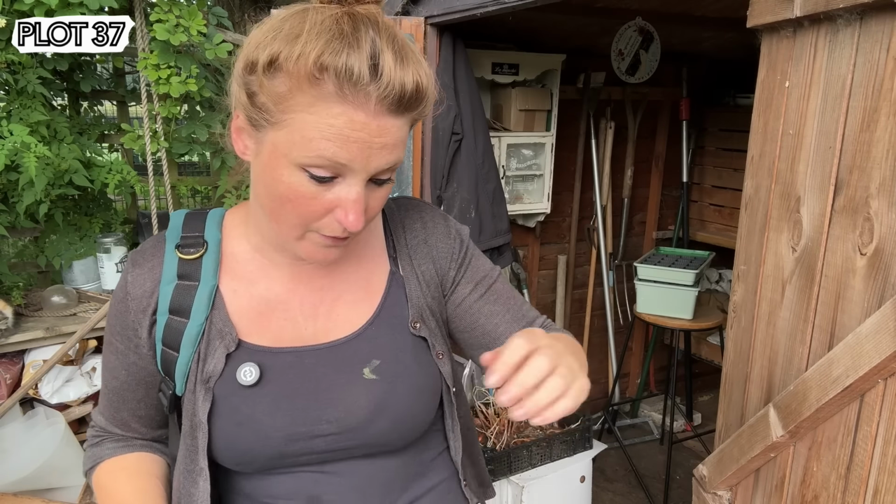But everything was looking perfect. Like that bed in particular, that's where I sowed all of those Tokyo turnips and they were looking absolutely fantastic. Well, they're not anymore. The only thing is that we've come up really quite early this morning and the sun's not out yet, hasn't burnt off the cloud, which means that they haven't baked, which gives them a better chance of survival. But we're going to go and get them in as the first job this morning, replant that bed,